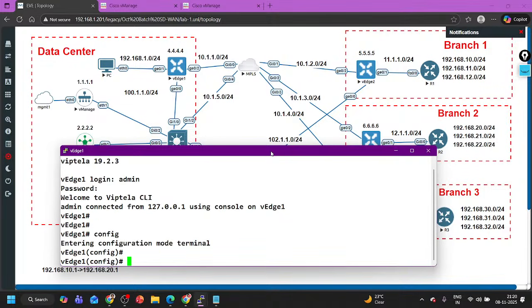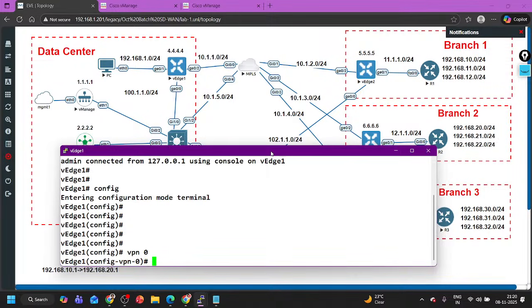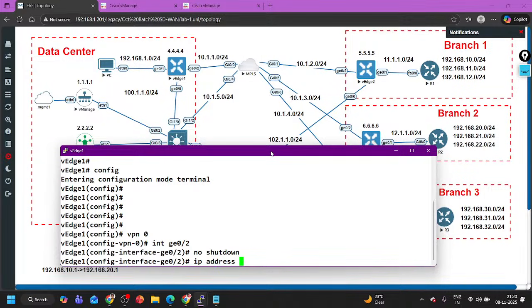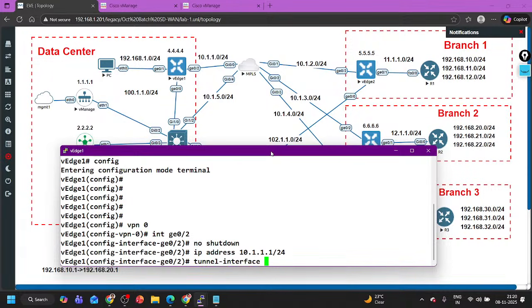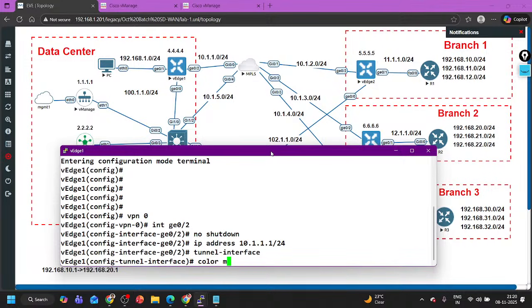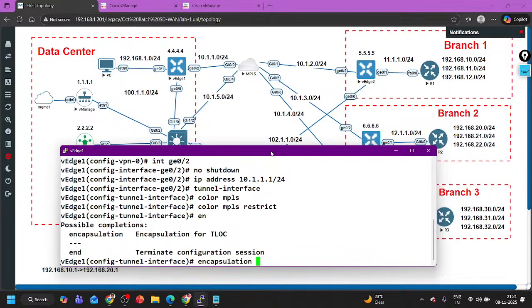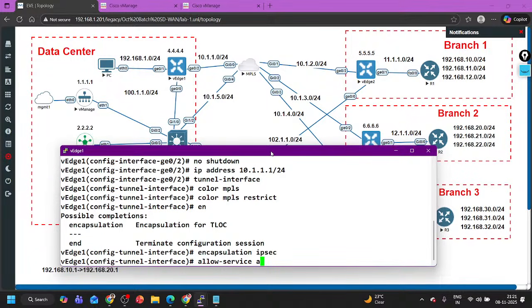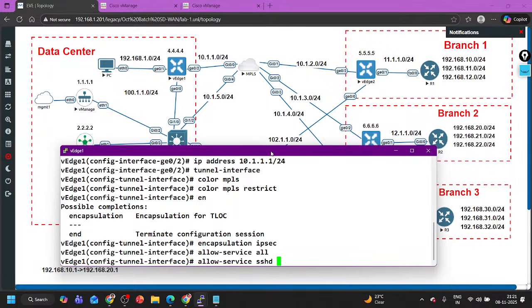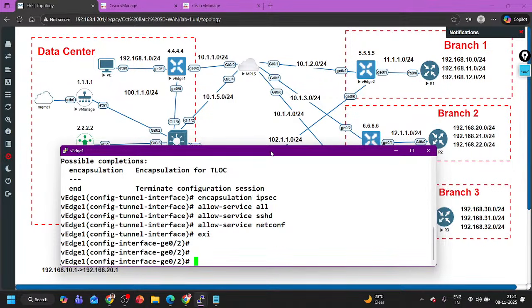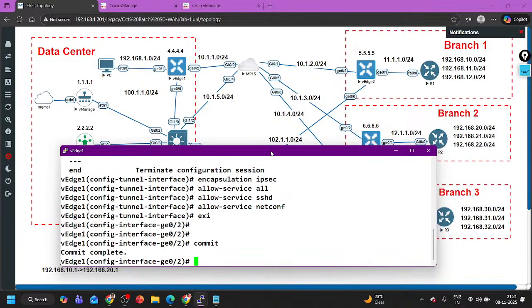Through the template you have seen. Configure VPN 0 interface G0/2, no shutdown, IP address 10.1.1.1/24, and tunnel interface, color MPLS, restrict, and encapsulation IPsec, allow service all, allow service netconf, and I need to enable the BGP protocol. Commit, exit,